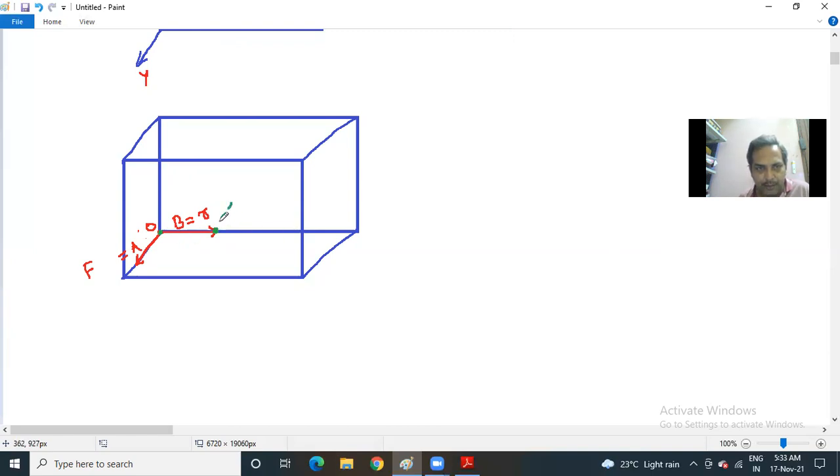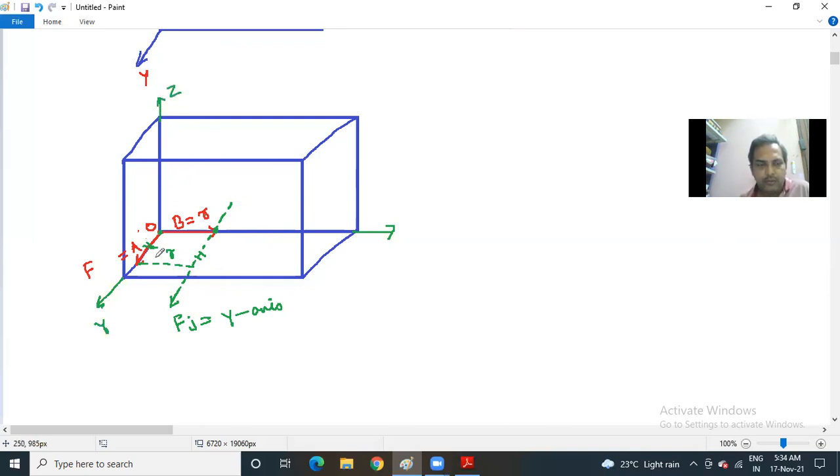Suppose a force is applied like this. Force applied like this means what? It is applied parallel to the y-axis, because this side and this side are the same. So you can even draw it like this. So this one will be R now. It is just like constructing a parallelogram. Now F is acting parallel to the y-axis, so what you can give is Fj. And the position vector is parallel to the x-axis. So this is the y-axis, and this is the z-axis.